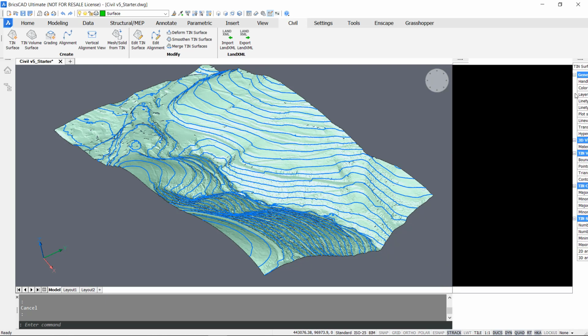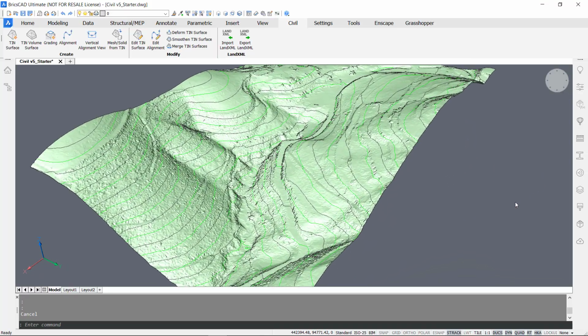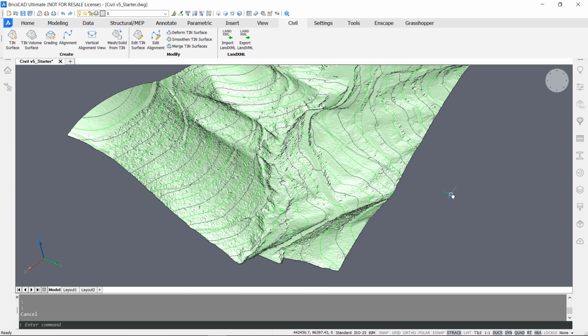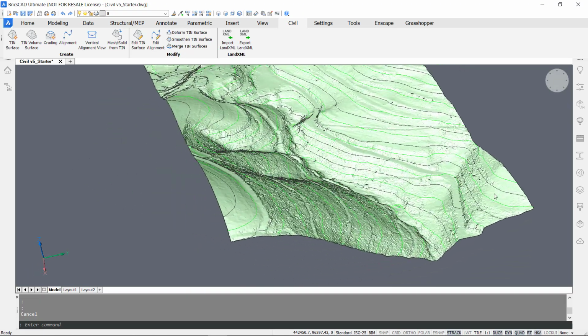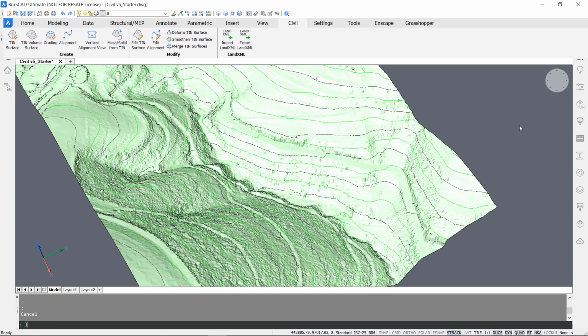But we can close this now and let's see how we can start with this thin surface here. So at the end of this valley, we want to create an accumulation dam. Here at the end here, so let's see, somewhere here, to create an accumulation dam. So for this, I'm going to start with creating a line. So you can go back to home here and select the line, or you can type in L for line